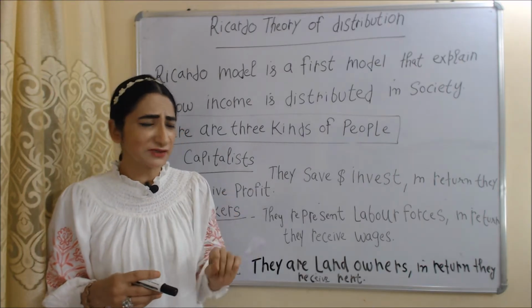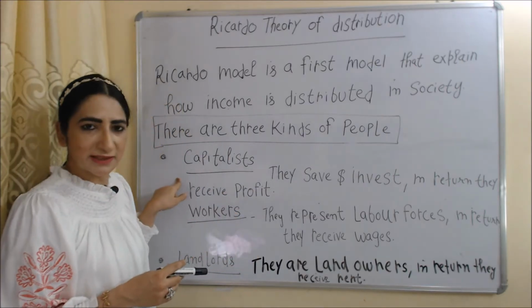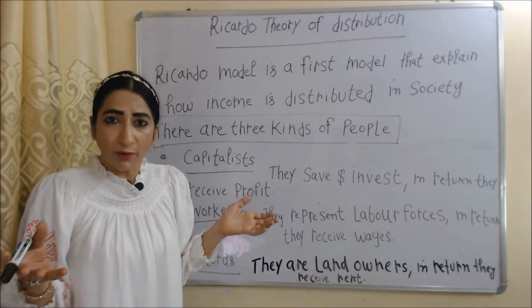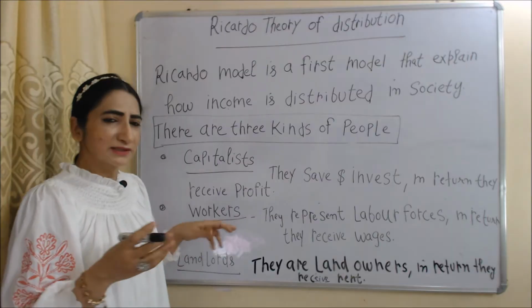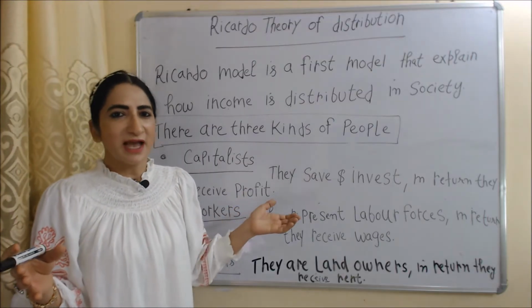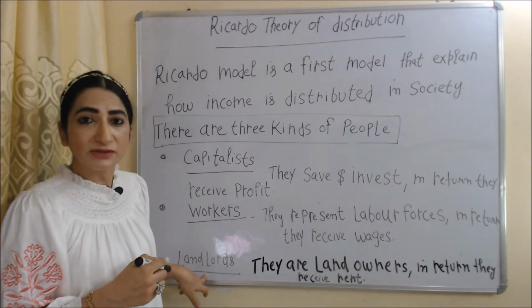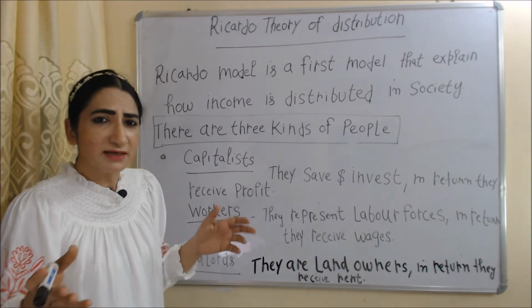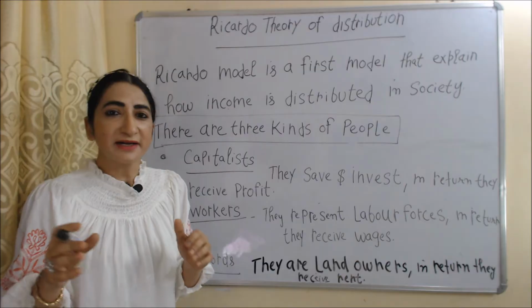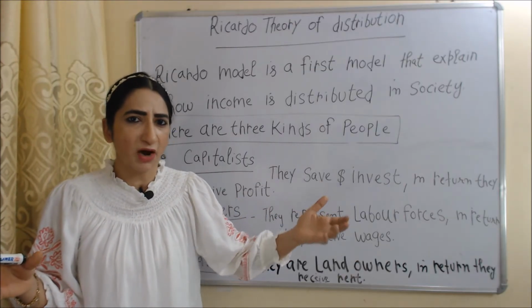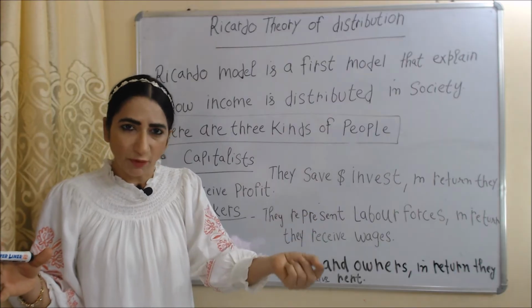And there are three kinds of people. First is capitalists. Capitalists save and invest money. In return, they receive profit. Second is workers. They represent labor force and in return they receive wages. Next is landlords. Landlords are landowners. In return, they receive rent. And Ricardo model basically tells us how income, or we can say how national output, is distributed among profit, wages